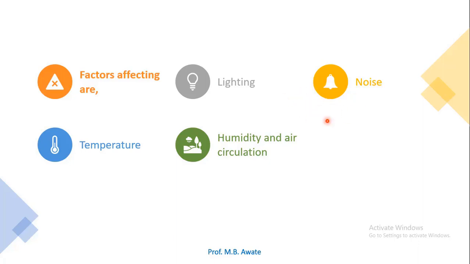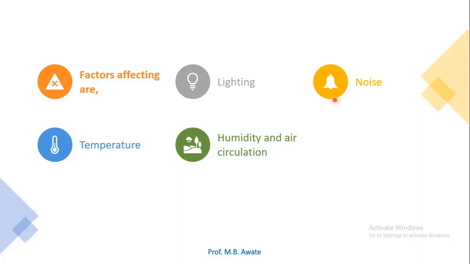Noise. So what exactly is noise? Noise is defined as unwanted sound, and it has been shown to have both short and long term effects on human performance. Noise itself is an unwanted sound, meaning we don't want to hear that. Noise may cause fatigue or irritation, and due to that there will be a reduction in productivity, and it also makes one prone to accidents.